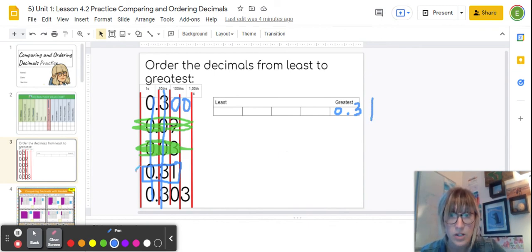Check. So now we just have 2 left, and we can see that 3 and 3 are tied, 0 and 0 are tied in the hundredths column, but when we look to the thousandths, it's the tiebreaker. This is the next biggest. So this is